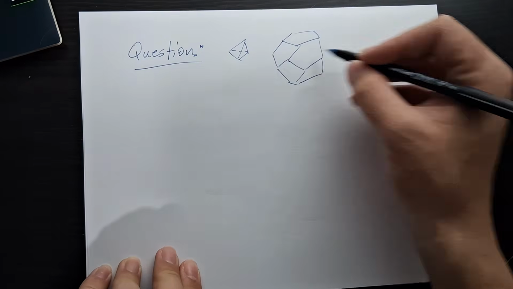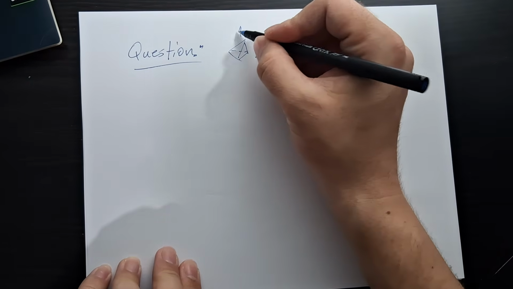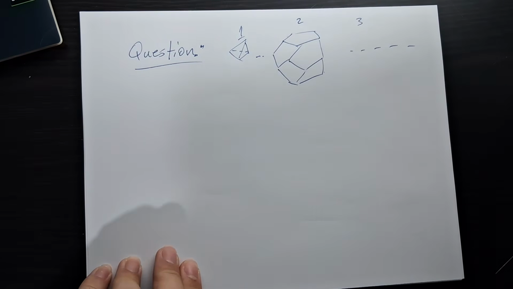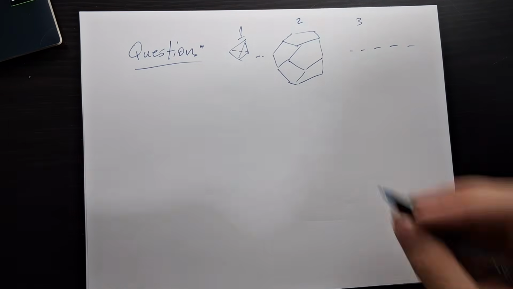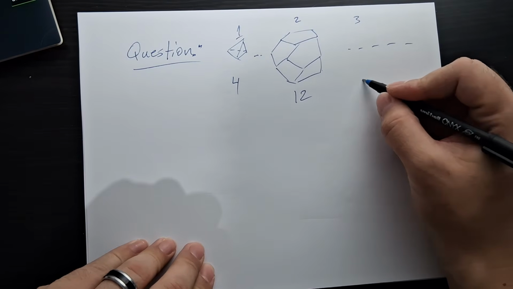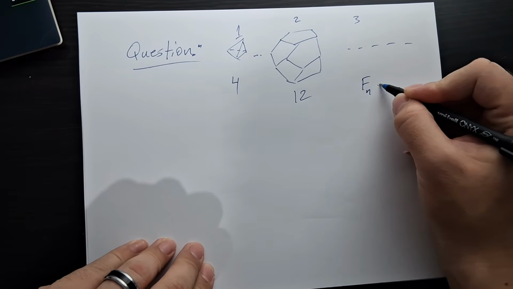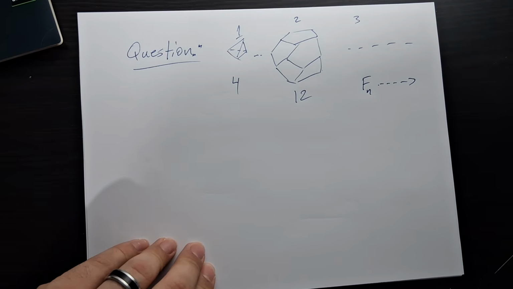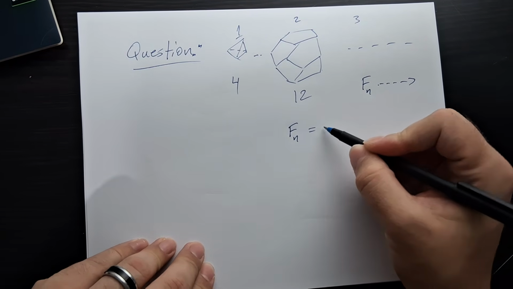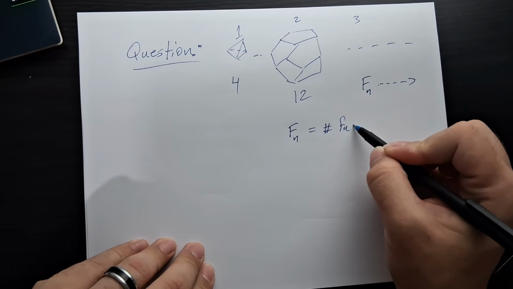Okay. We'll have a list of polyhedra, the first polyhedra, the second polyhedra, third polyhedra, and so on. And I want the number of faces. So this has 4 faces, this will have 12, and then we'll have the number of faces as we go along. I want the following thing. The number of faces,